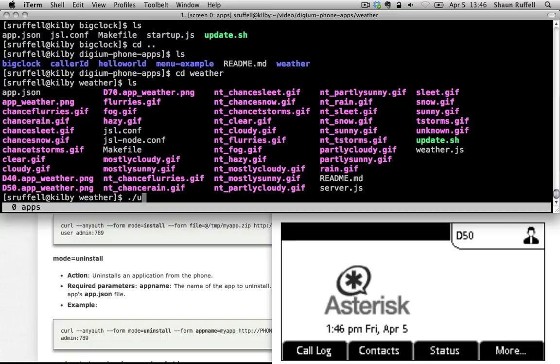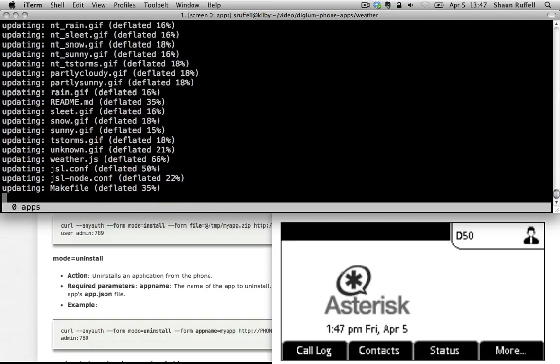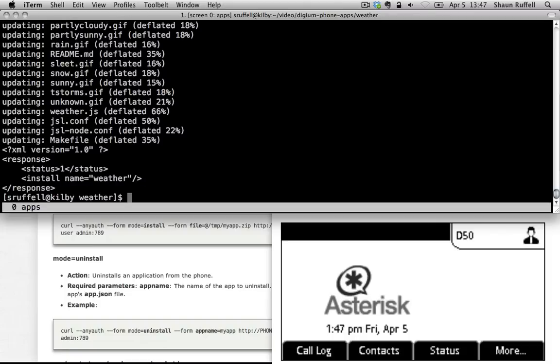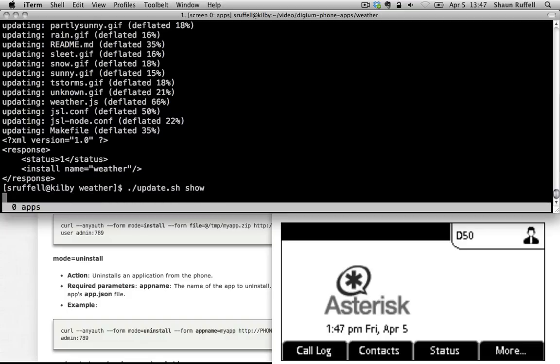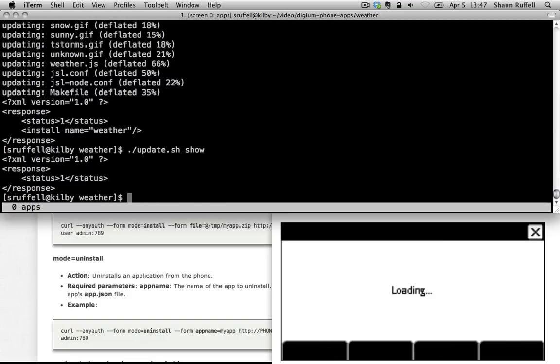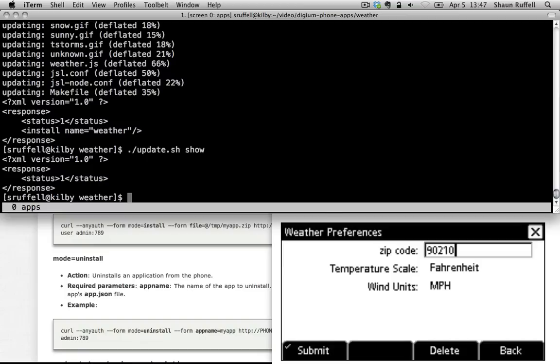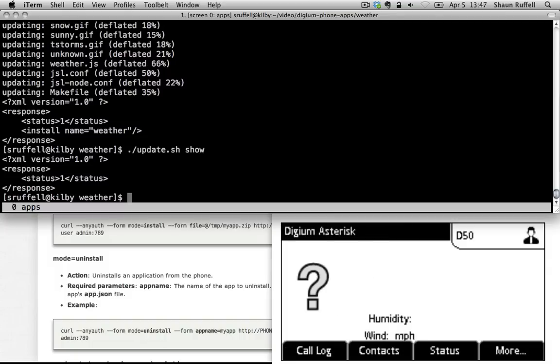But what this application does, I'll go ahead and install it, is it goes out to Weather Underground and displays weather for the current zip code. So I went ahead and installed it, and if I bring it up into the foreground, I'll just do it programmatically here. It comes up with this. When it's in the foreground, it has a preferences menu to allow you to enter your zip code. So if I entered a zip code here and submitted it, now it's actually trying to go out